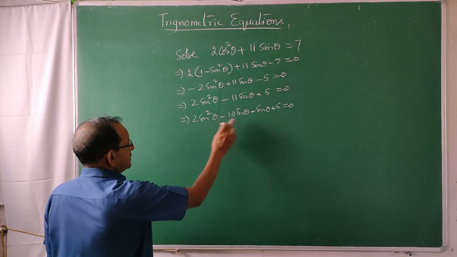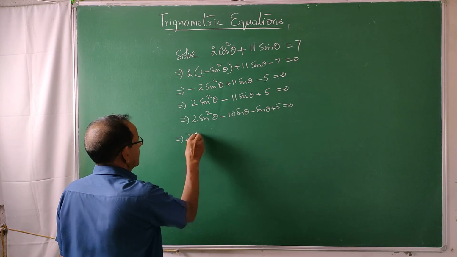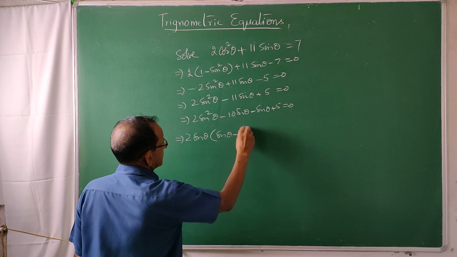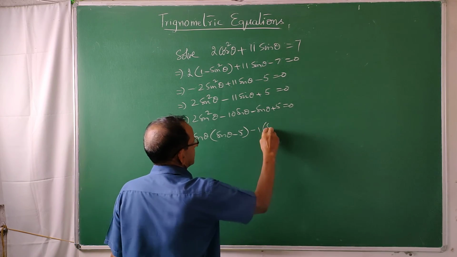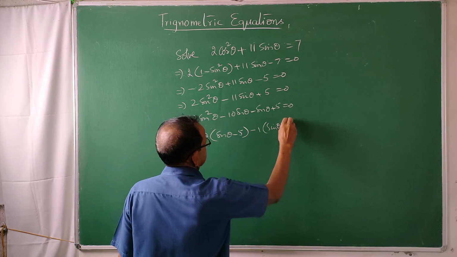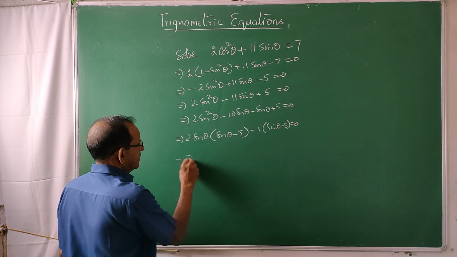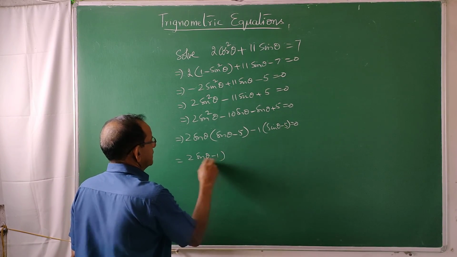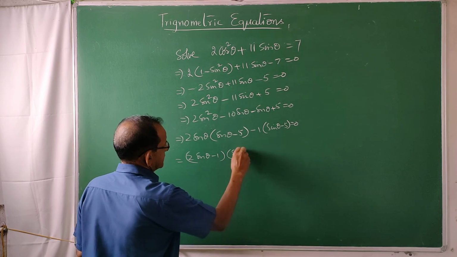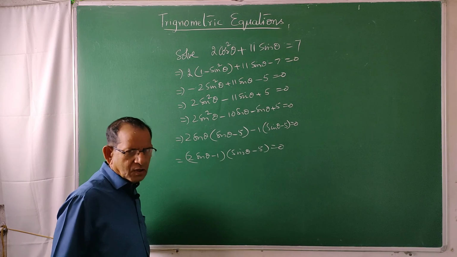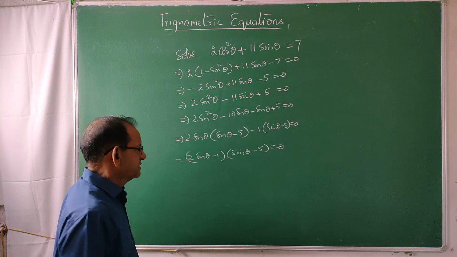Now in these two, take 2 sin theta common. 2 sin theta into sin theta minus 5, minus 1 into sin theta minus 5 is equal to 0. So that implies 2 sin theta minus 1 into sin theta minus 5 equal to 0. So the two possible values for sin theta are